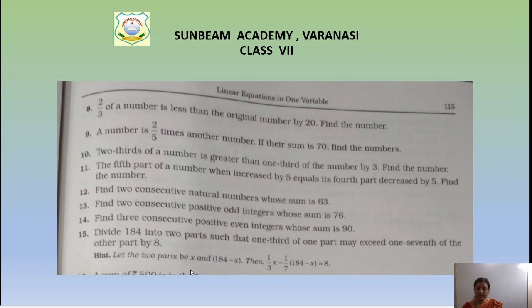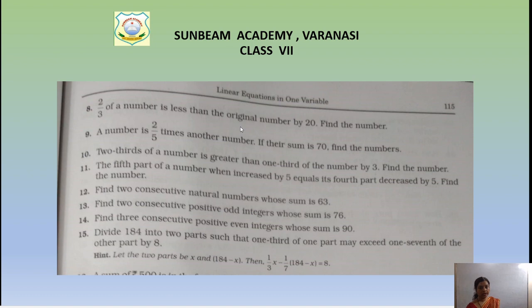But what we are learning in this chapter is about only one variable. If there are two unknown numbers, how can we take two variables? We don't know how to solve the linear equation in two variables, isn't it? So no need to get confused. Although here there are two unknown numbers, we will take only one number as an unknown, and we will relate the second number with the unknown number.